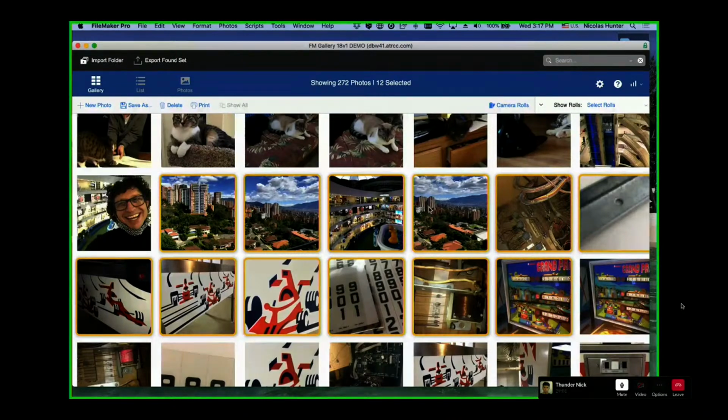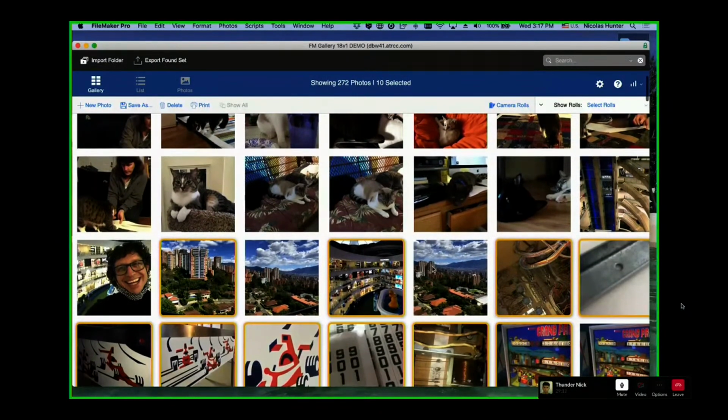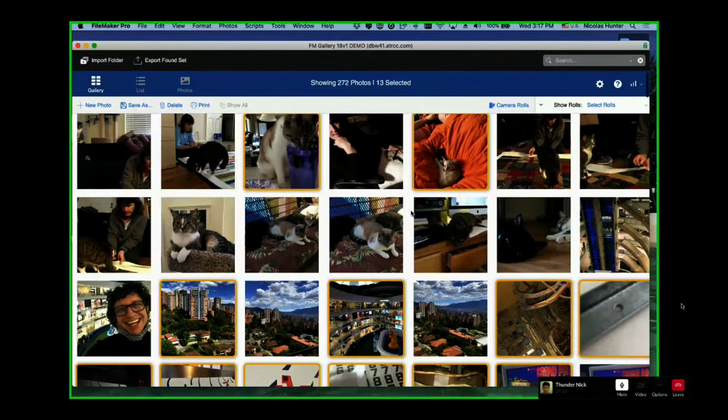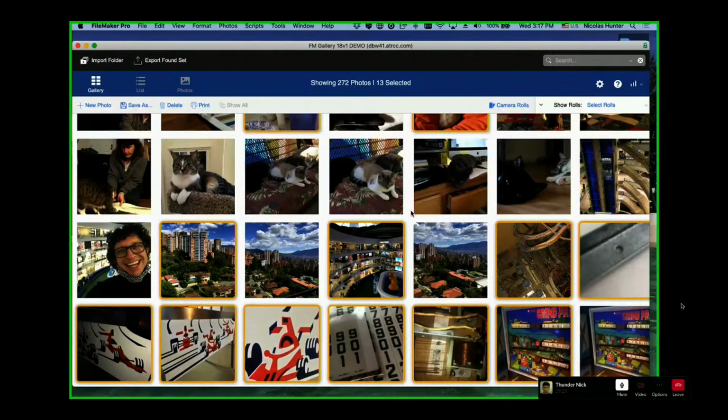So you strike the key. So you have this selection done here. You strike the Command key or the Alt key on the PC, and you unselect the picture you want. Or what you can do is say, okay, I unselect those two pictures, but I want to add these guys, and I want to add these guys to my selection. So you keep maintaining the Alt key. Okay, so